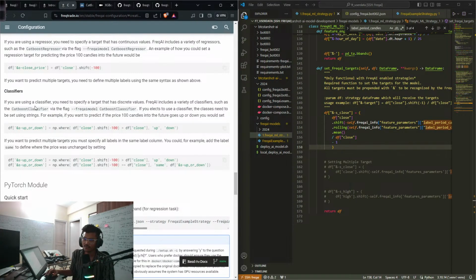All right, so classifiers. If you're using a classifier, you need to specify a target that has discrete values. FreqAI includes a variety of classifiers, such as the CatBoost classifier via the flag FreqAI model CatBoostClassifier. If you elect to use a classifier, the classes need to be set using strings. For example, if you want to predict whether the price 100 candles into the future goes up or down, you would